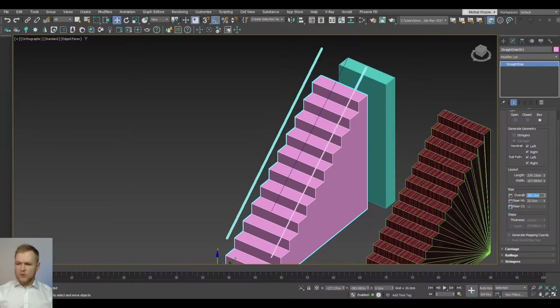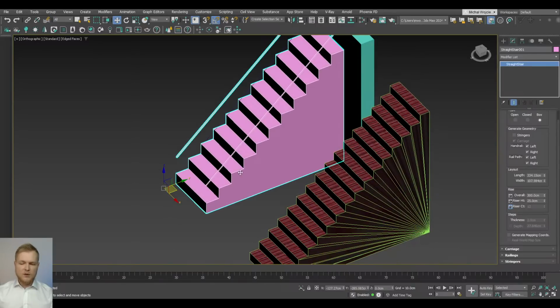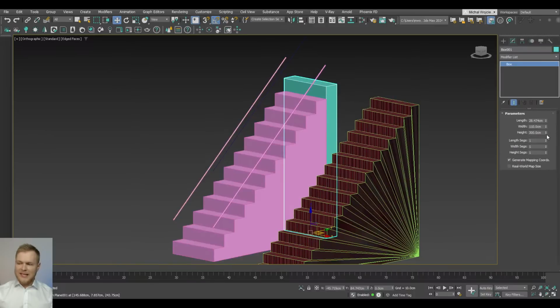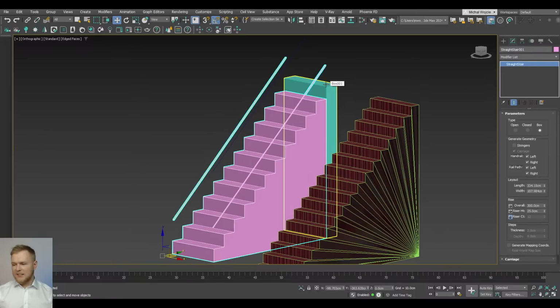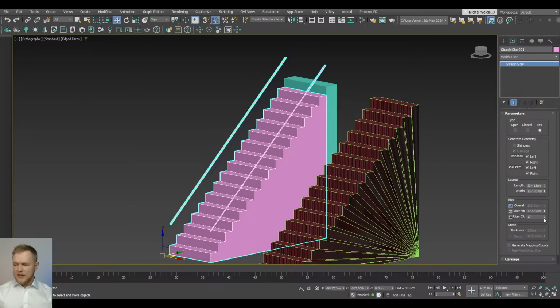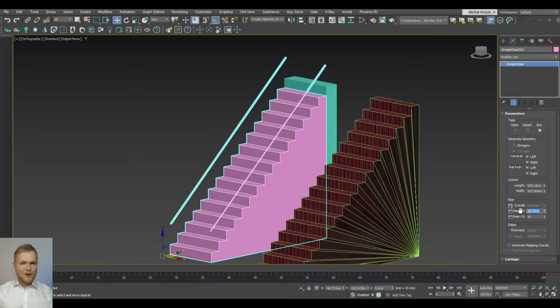I love the fact that we can just go for overall height and be done with any problems whatsoever, but the problem arises because this object is 300 and this is not, and I kind of find it funny that this staircase is not exactly what I needed. It just skips one step, and yeah, let's go. Now we can actually mitigate that by making sure the overall height is going to remain the same, and we can just add a couple more steps, and then if we know exactly what number we need, we can just